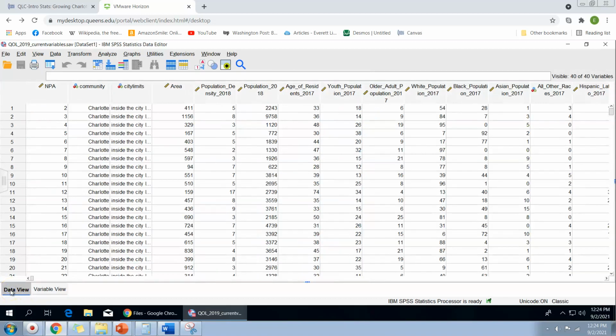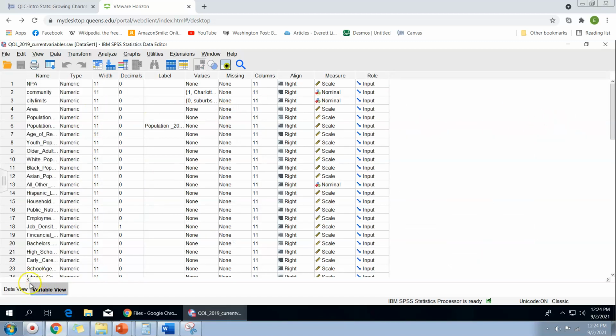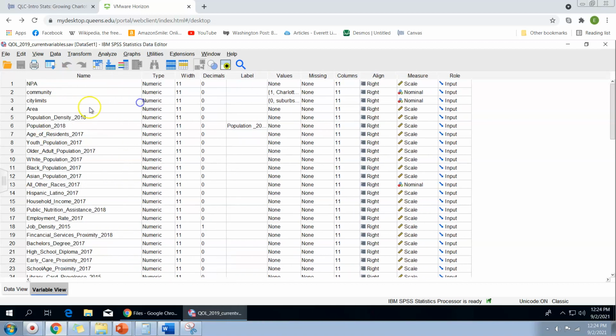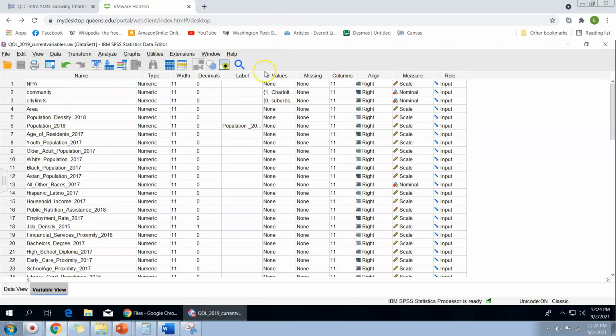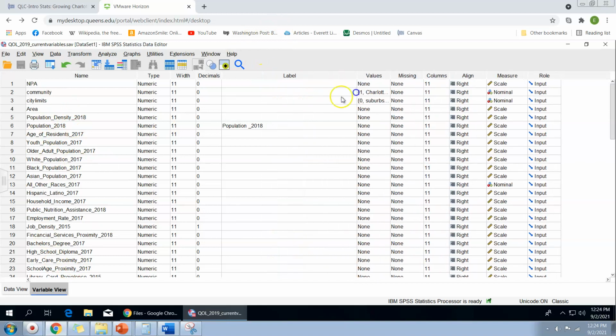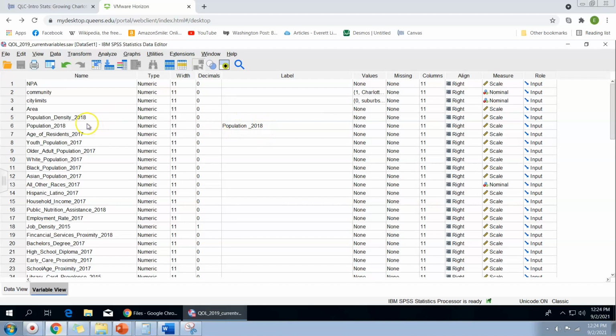So within here, we've got the data view and the variable view. Within the data view, you can see variable names up at the top and the values down here. Under variable view, you can see a list of all the variable names. And these are pretty descriptive. Some of them have variable labels as well. I'm not sure why this label is there, but